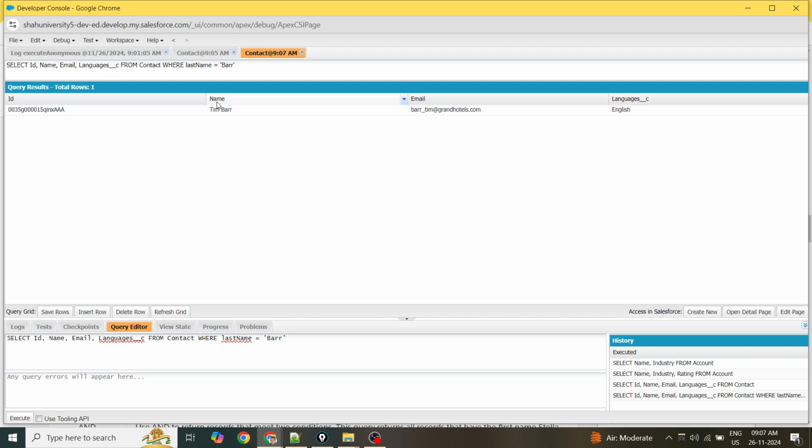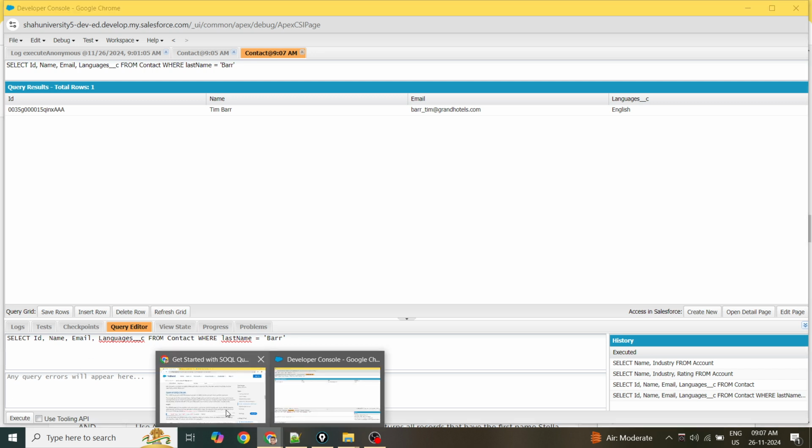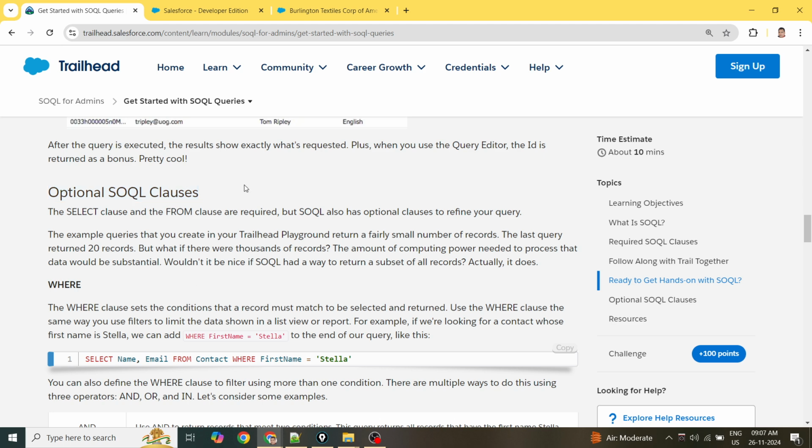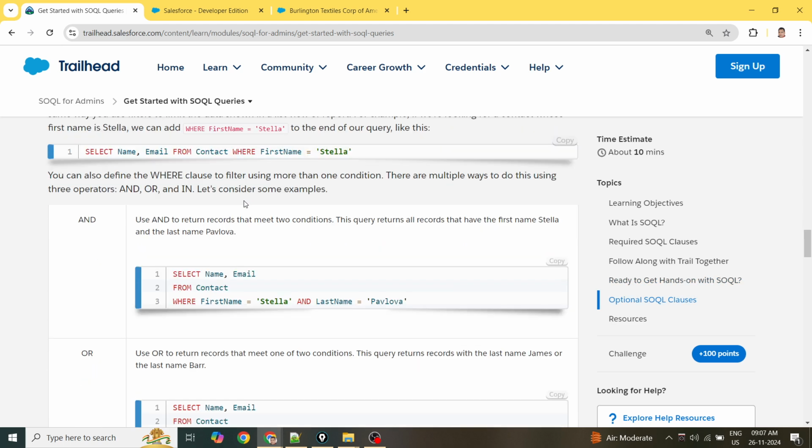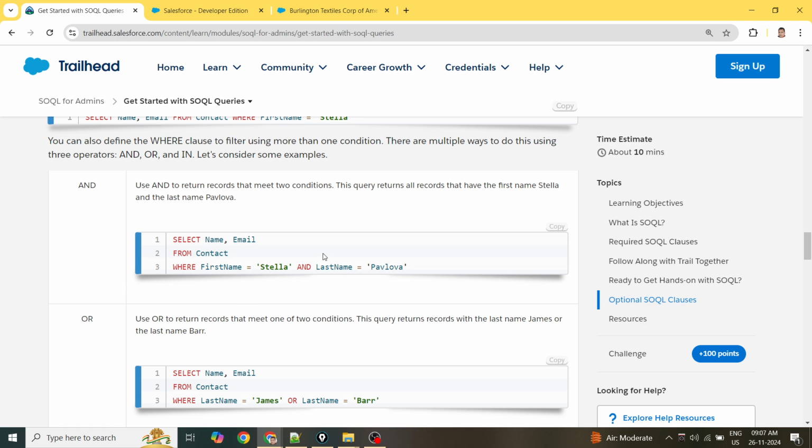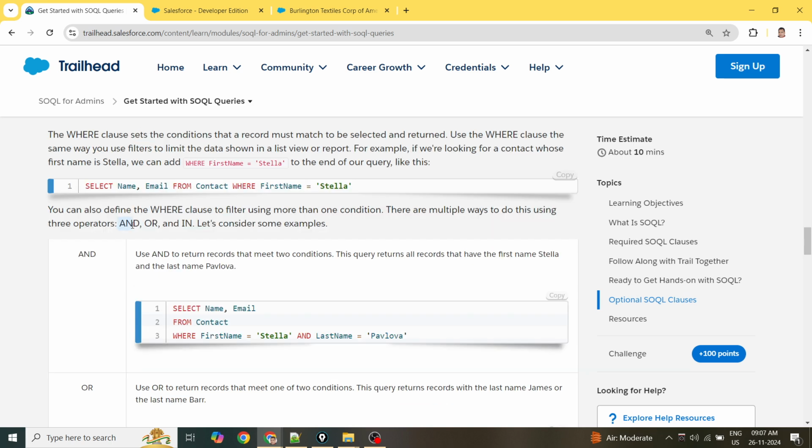So it is having only one name with the last name as Bar, and ID fetched, name fetched, email fetched, language fetched. So like this, you can have optional clauses also, optional SOQL clauses, right? Then you have to have conditions with and, or,